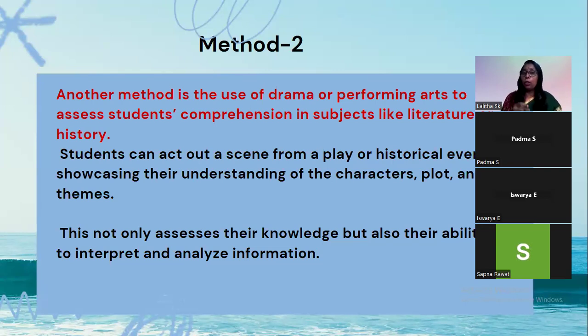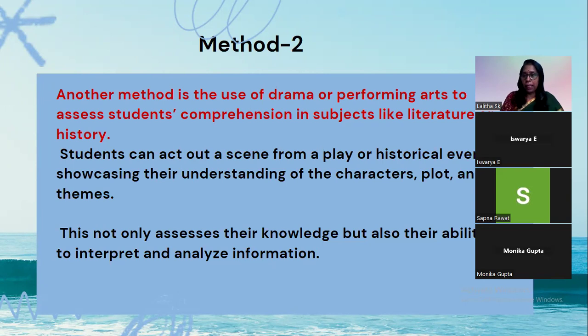Then your student will be more inclined to read. So you have a two-way method here to make your student read and to motivate your student. You give them a role and ask them to dramatize it, and naturally your students are going to read the content.